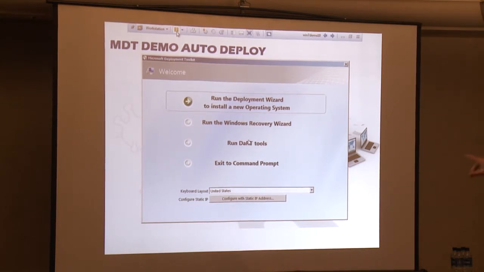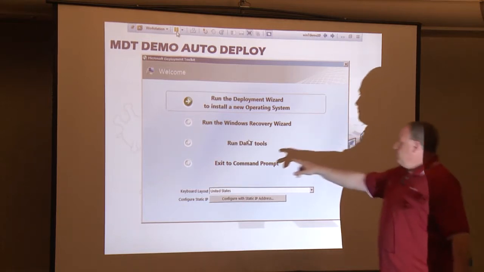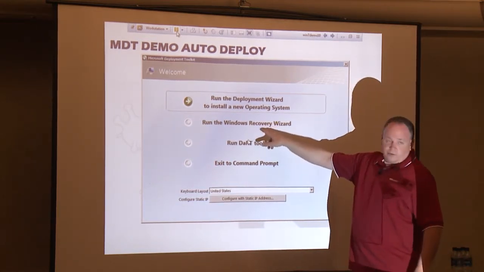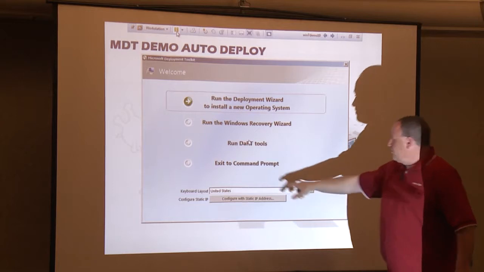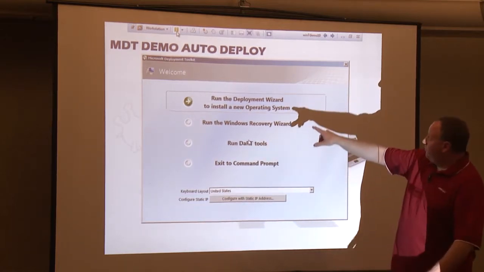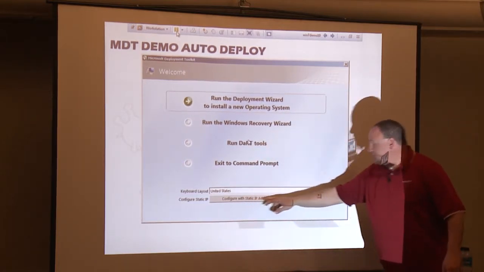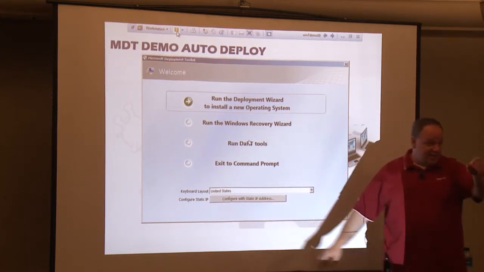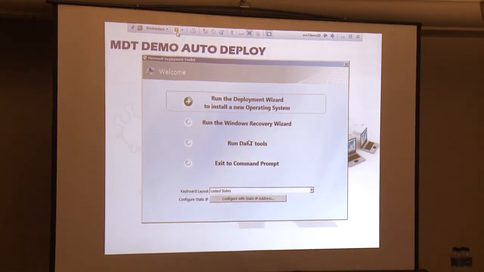So in here, I've actually added the capability to run the DaRT tools. All right? And you can run the Windows Recovery Wizard, or you can just exit to a command prompt, or you can actually run the deployment. Now, you'll notice configure with static IP address, like you had asked. It doesn't quite work, though. It works, but I haven't had that much luck with it. I haven't known too many people that have. But